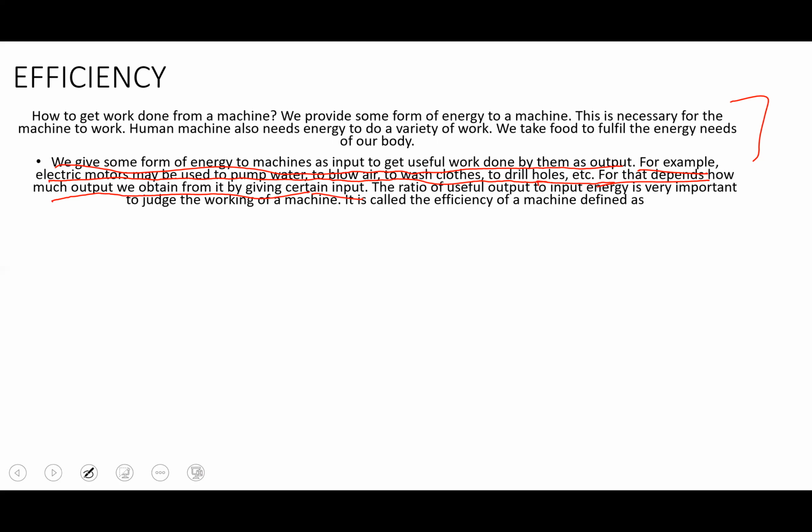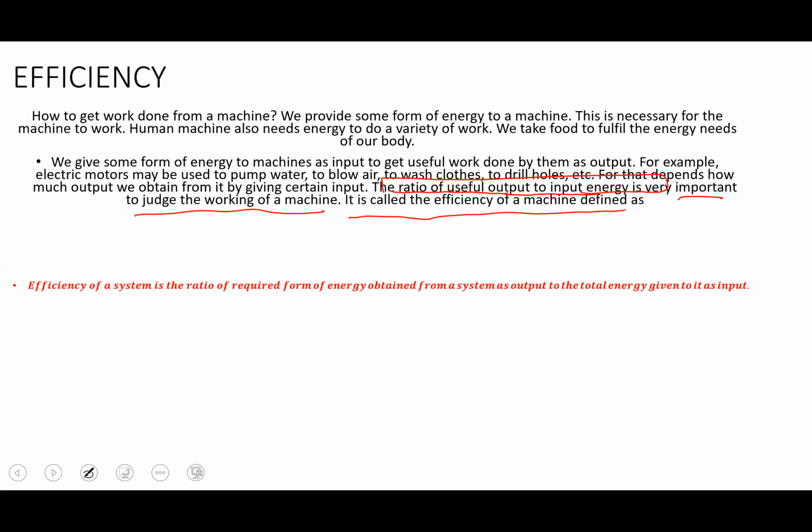Given a certain input, the ratio of useful output to the input energy is very important. That means the ratio of useful output to the input is very important. That means how much we are giving to the system and how much the system is giving back to us. So it is important to judge the working of the machine. It is called the efficiency of that machine and it is defined as